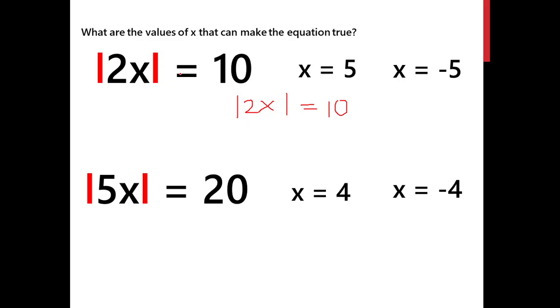Unlike a regular equation without the absolute value, which has only one possible answer, right? But if the absolute value sign is included in your equation, then you have two possible values when it comes to a linear equation. Okay? Now, how do we solve this one using algebra? It requires two possible answers, which are opposites, the positive and the negative. So if this side is positive, I'll add an equal sign here and the opposite of that number, negative 10. Now you already know how to solve this one, right?